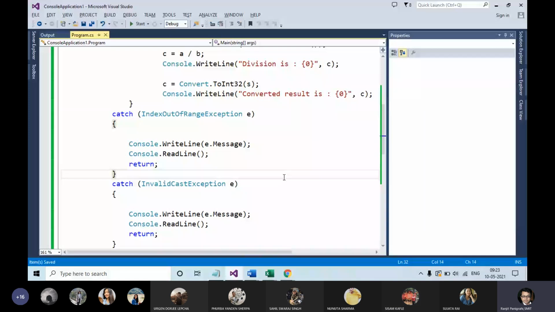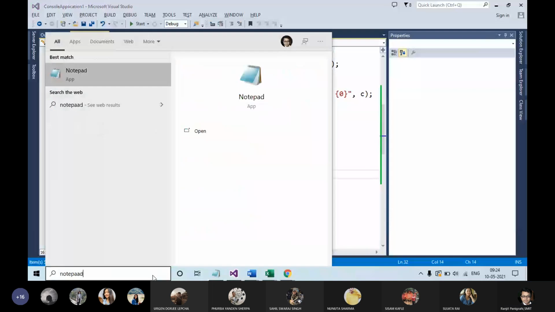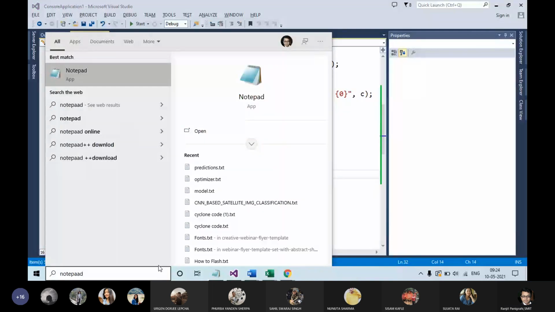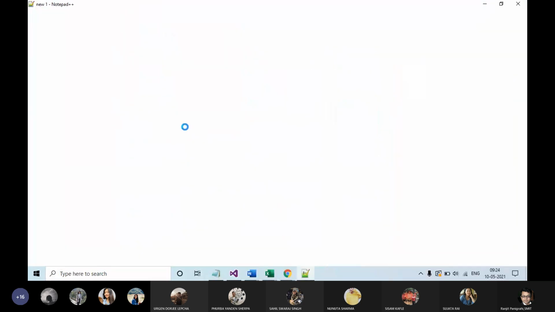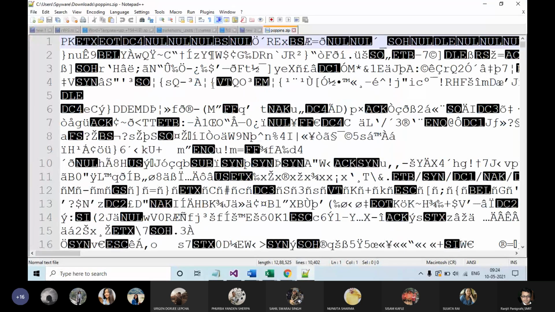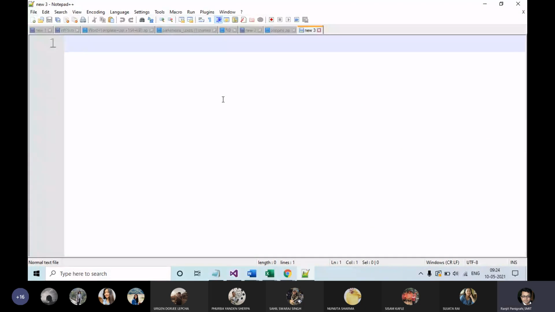How these two classes are linked to each other. Okay, is it visible to all of you?